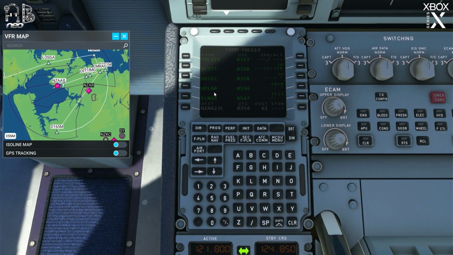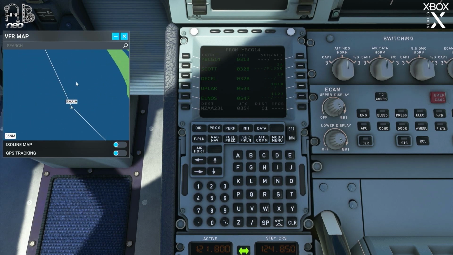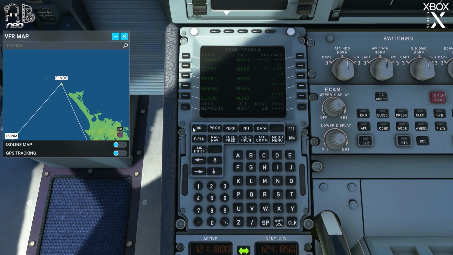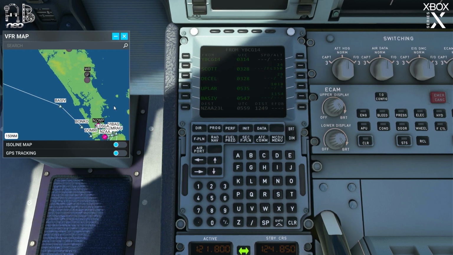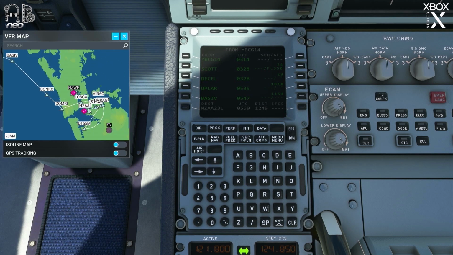So I'm going to just make some adjustments in here. First I need to delete, if I zoom out, I'm going to delete, oh come on, where are you? I'm going to delete Elnos. Also, it's given us a total distance of 61 nautical miles. That's not even close to correct. So I'll get rid of Elnos, and I'm just going to go insert and see what happens on the map. Okay, cool, it's taken out Elnos. I'm also going to take out